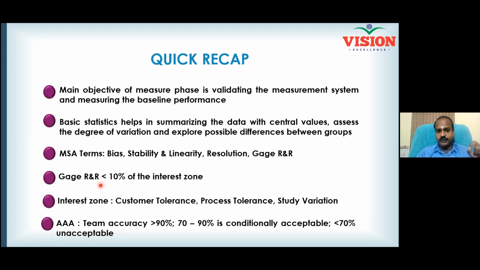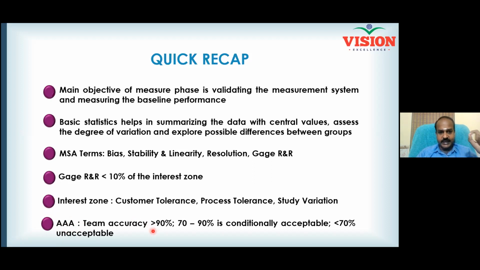But if you are working with attribute data, let us say somebody is checking and deciding whether the product is good or bad. When the decision is finally good or bad, the kind of data is attribute data. And in a beauty contest, judges are giving the score. They give a score of 8 out of 10 or 9 out of 10. That's quantitative data, but still it is discrete. So that should also be considered as attribute data. And then attribute agreement analysis has to be performed.